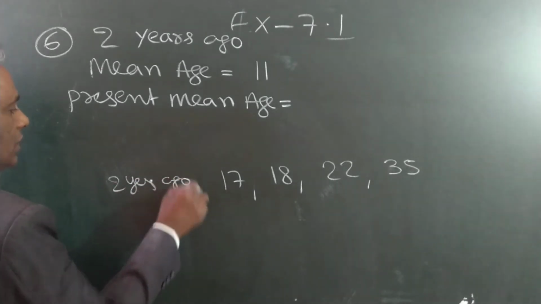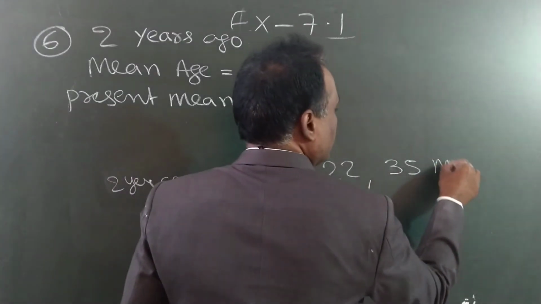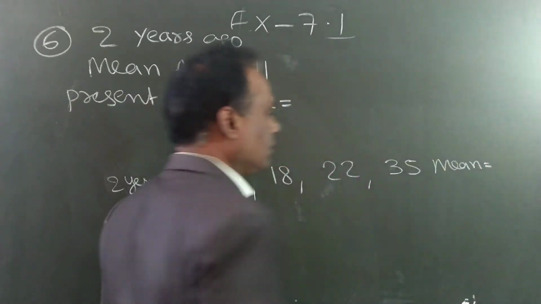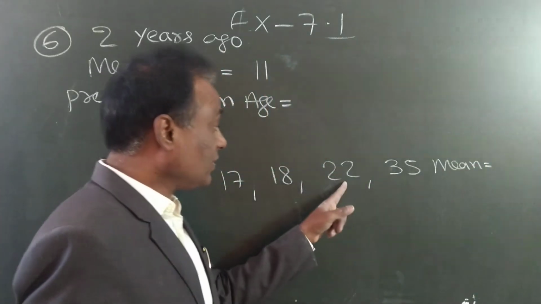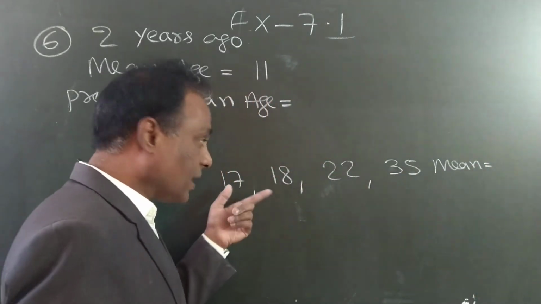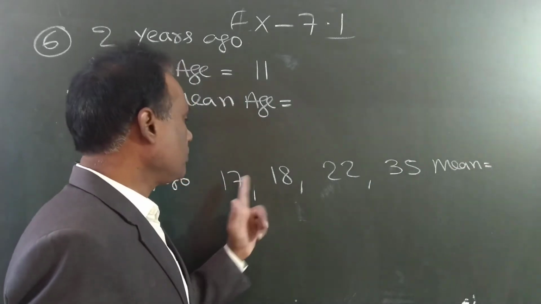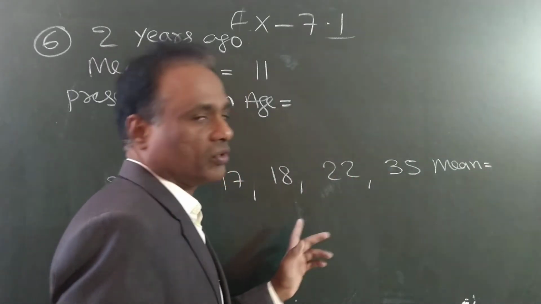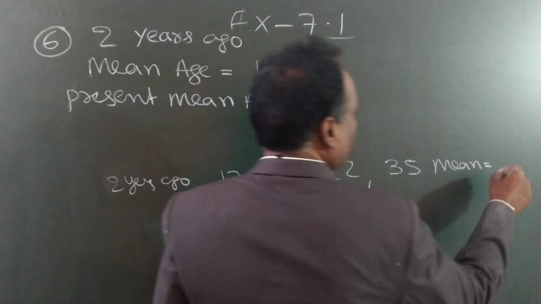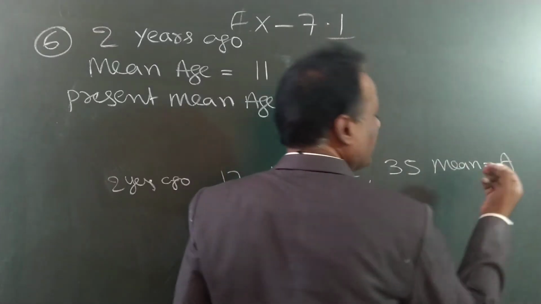Don't write. And I calculated the mean. How to find the mean? This plus this plus this plus this. Add the 4 numbers and divide it by 4. That we will get the mean. Say for example, mean is say A. For example,